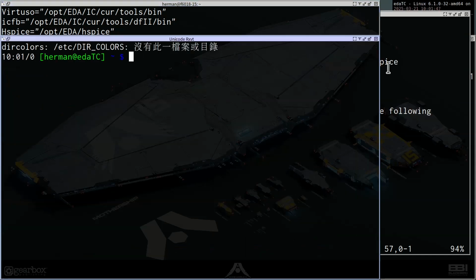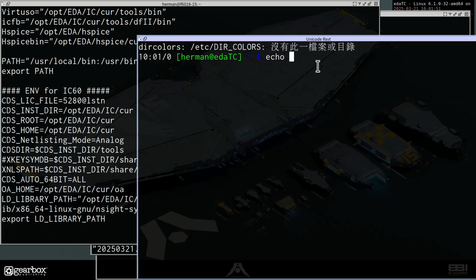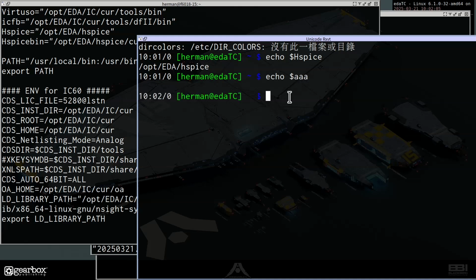For example, if you type echo AAA, I use another variable. If you type echo AAA, nothing happens, right? Because AAA does not exist yet. But if you type export AAA equal 1111 and you type echo, you can see AAA.